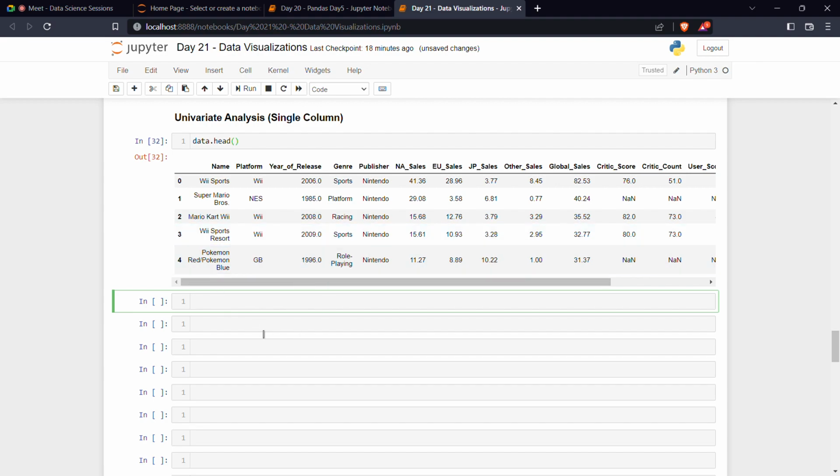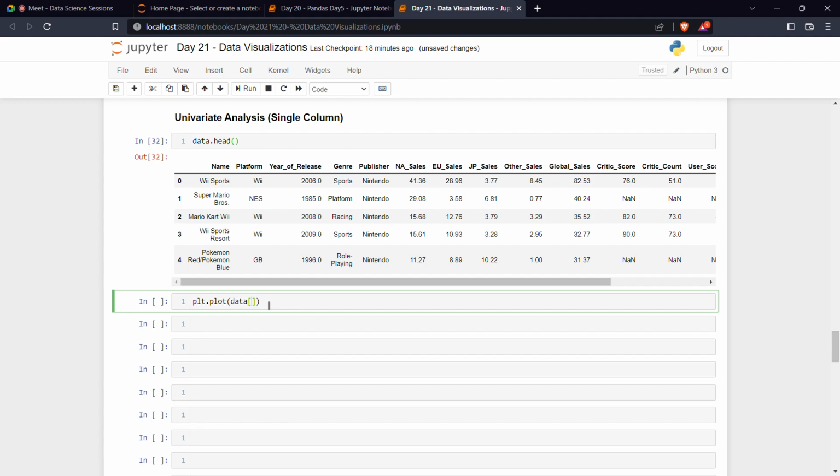For numbers, they can be plotted generally, but not the names, right? Even names can be plotted using bar plots and all, of course we'll do that later. First of all, let's take some numerical data and try to plot it. Say, for example, NA sales, North America sales. Let's take that. So plt.plot of